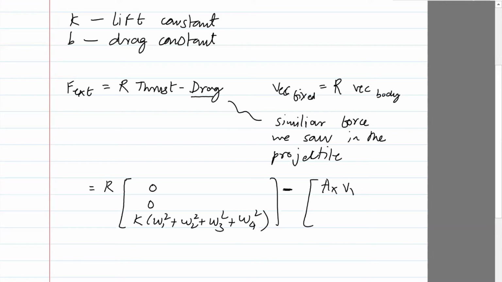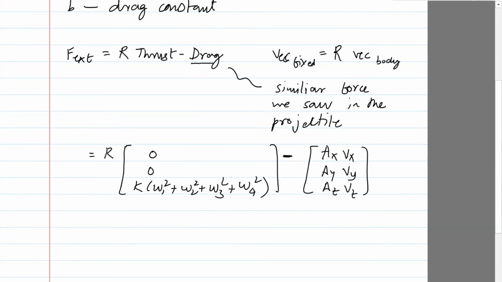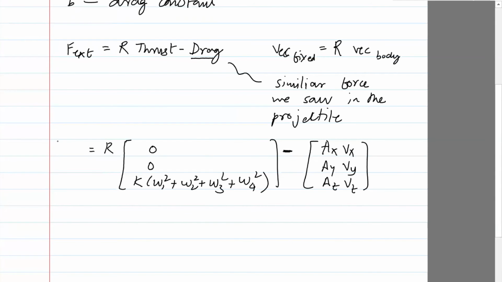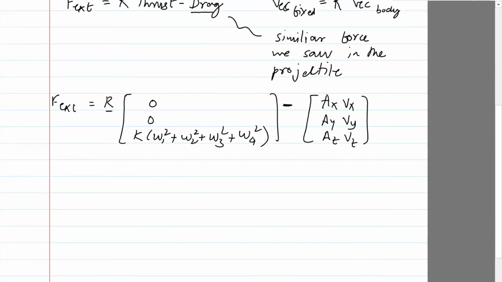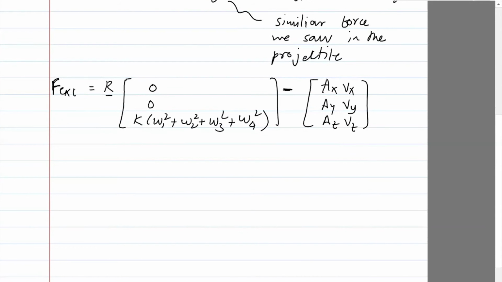Ax is the damping constant in the x direction, ay is the damping constant in the y direction, and az is the damping constant in the z direction. So what this R is doing is it's taking this force, which is in the world frame, and converting it into the force in the body frame. So once we get this,